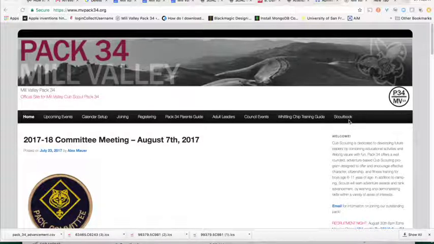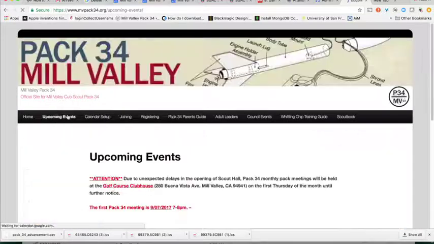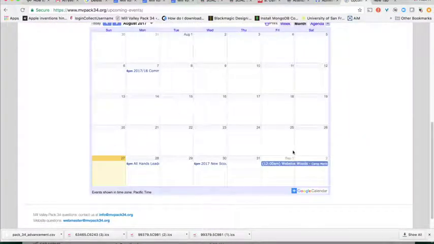Okay, so starting from the website, www.mvpack34.org. Again, anyone visiting the site can see our upcoming events. And when you click on this link, it shows you calendars. Now, this one is just showing a pack calendar, so anything that is scheduled onto the pack calendar will show